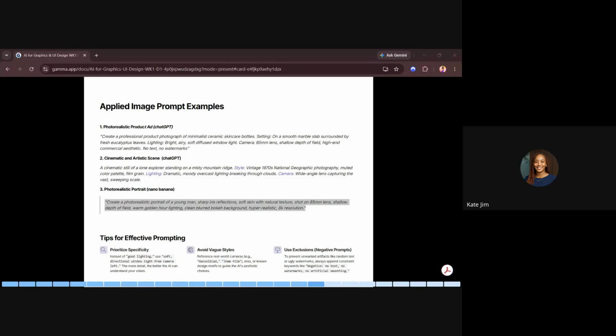So I've put in my nano banana prompt, and please, if you finish, indicate. I have mine for the nano banana. I've gotten the shot. Now let's see ChatGPT.